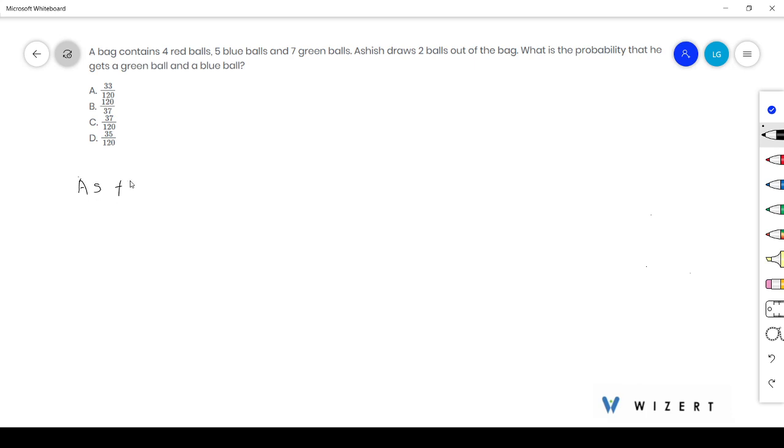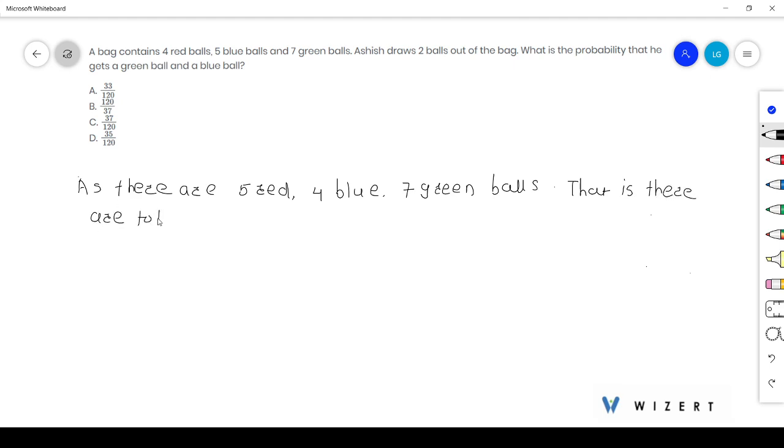as there are 5 red balls, 4 blue balls, 7 green balls, that is, there are total 16 balls. Okay, so number of ways